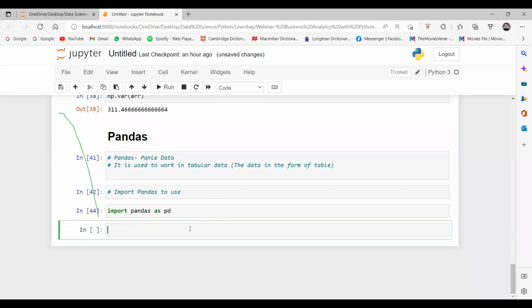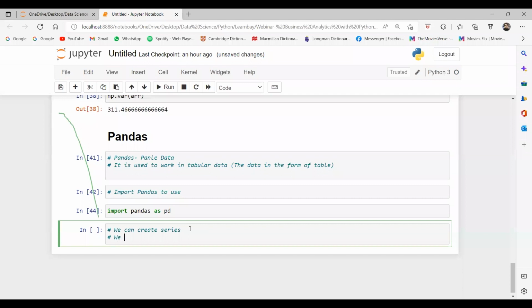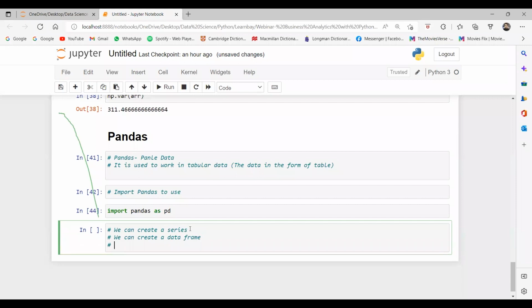Using pandas, we can create series, we can create data frames. We can import CSV files.